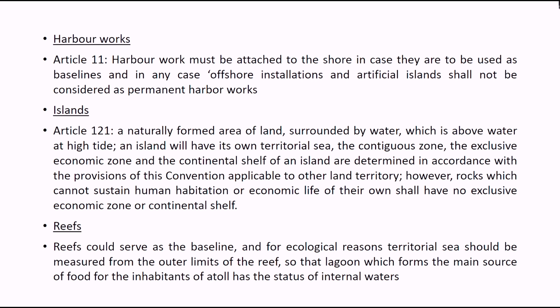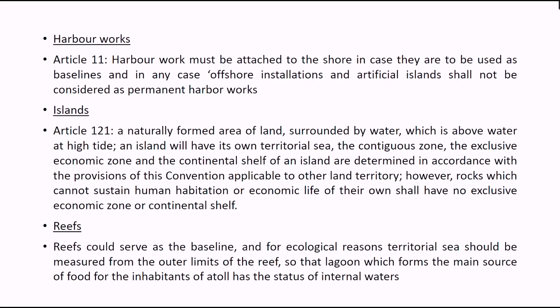So, friends, islands have the same legal status as that of a state, and there can be an island state also. But if a state has sovereignty or sovereign rights over a particular island, that state will have an extended territorial water, an extended EEZ or contiguous zone, and may also have a continental shelf. So, islands are treated equivalent to states.